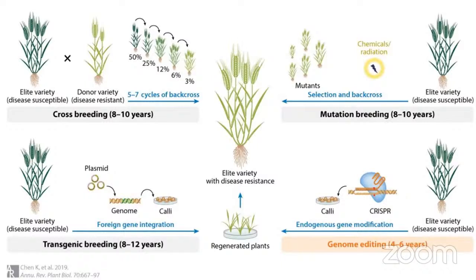So if I look at the crossbreeding process, if you see here, I am taking two different parents, which is a kind of elite variety that is actually disease susceptible, and very popularly we use the backcross breeding method and you can see the percentage also. That means after 5 to 7 repeated backcrossing, you can achieve your goal. You can make your variety. It was elite in the sense of agronomical characters, but now you have incorporated disease resistance into it. But it will take 8 to 10 years to develop, and again 3 to 4 years for its release. So ultimately, with that 12 to 13 years,